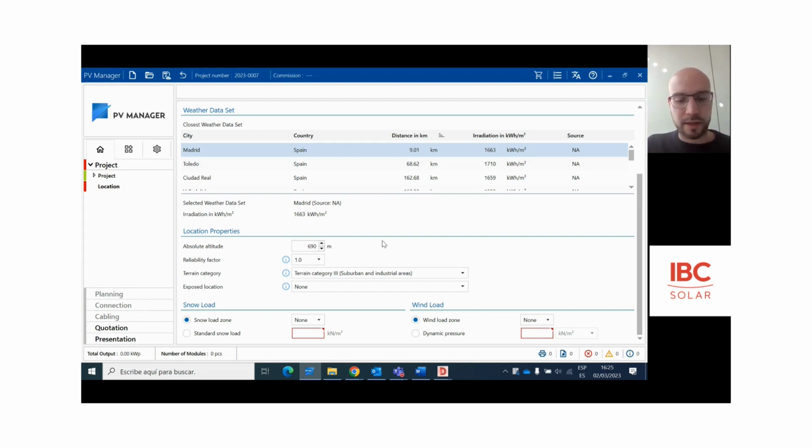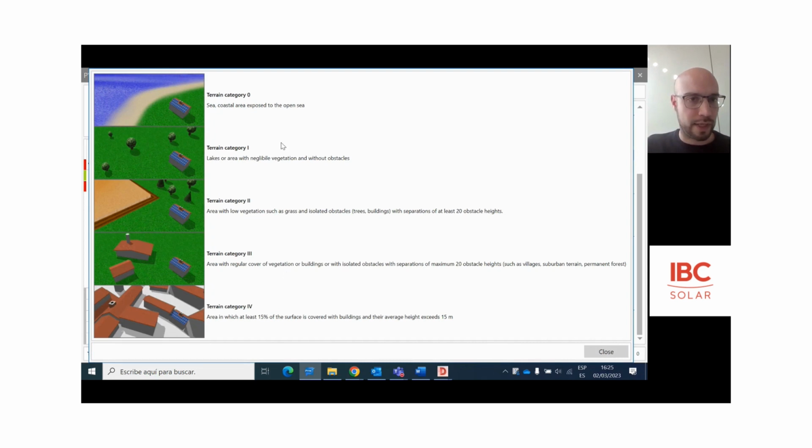And then I only have to choose 3 more options. The first one is the terrain category. And this is really important because if you don't know what the terrain category is or what it means, you have here an information option where you can see and choose the perfect terrain category for you